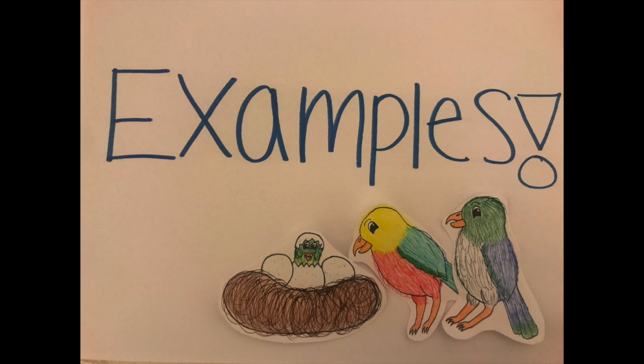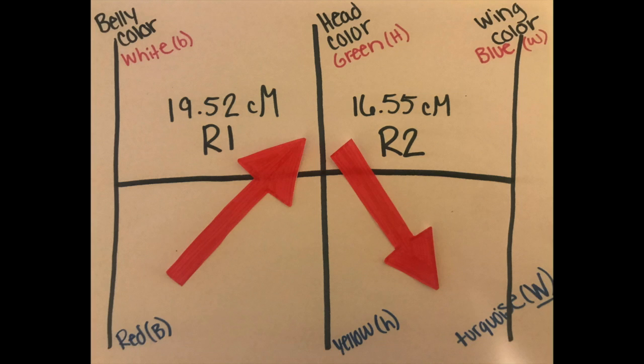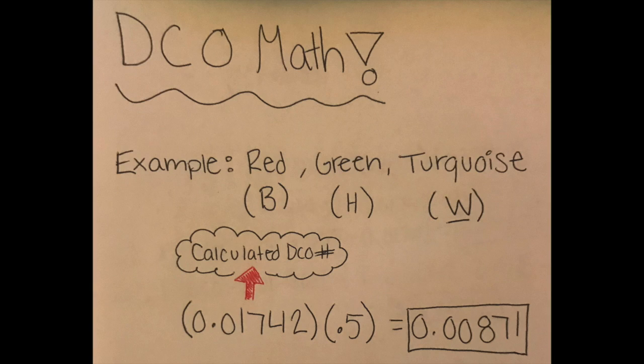Now I'm going to go over an example for how to do the math for a double crossover and a single crossover 1 for the probability of an individual gamete. This is what the map would look like for our first example for the double crossover, which is a gamete that is red, green, turquoise. To find the probability of the double crossover gamete, you're going to take the calculated DCO number from before, 0.01742, and multiply it by 0.5 since there will be two gametes, but we're only worried about one. In this case, that gives us